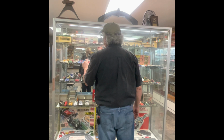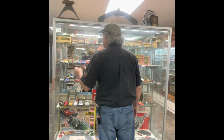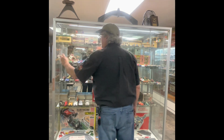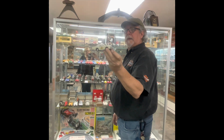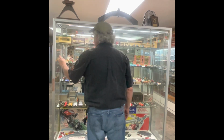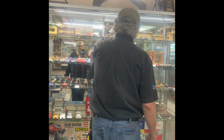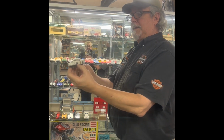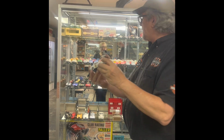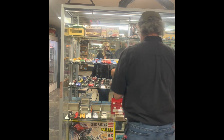Actually, in Japan, there is one other company that makes it. And they made a lot of weird things. Here's a nice Triumph. Look at that Triumph. No one ever made this as a slot car. It's really nice. Or, if you want, look at the Honda. Look at that. No one ever made that as a slot car. Only Bandai. So if you're interested in odd cars,